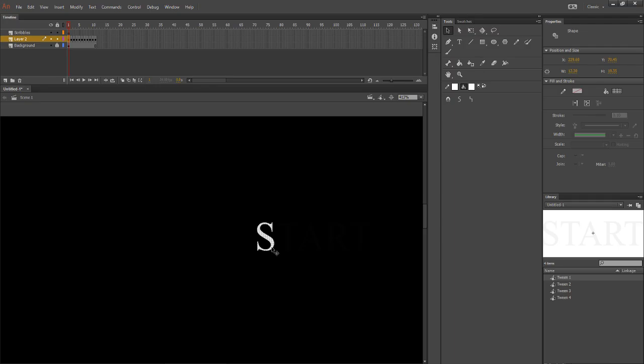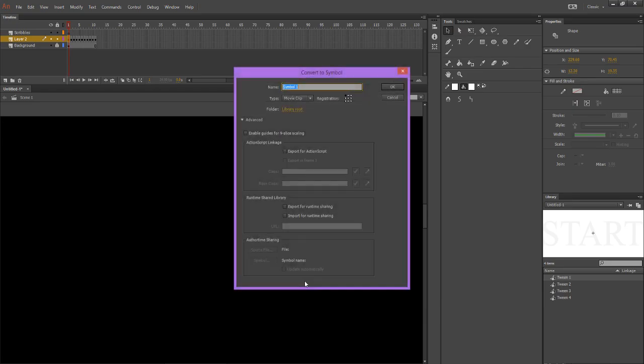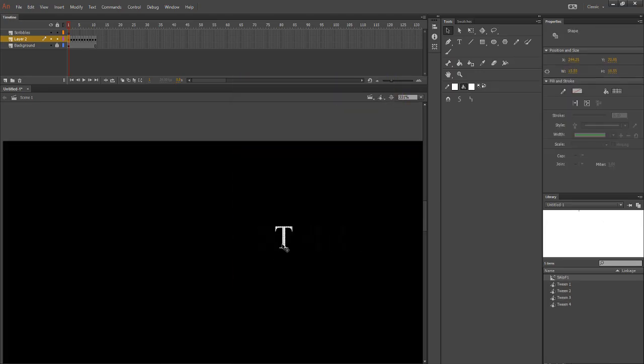So, we'll start with our S. We're going to convert to a symbol. This is going to be S alpha. So, S alpha frame 1. And I think it's F8, right?